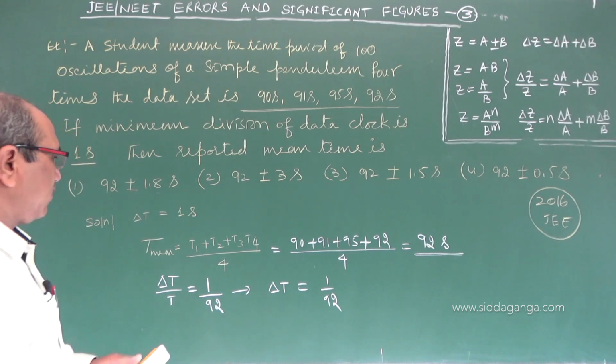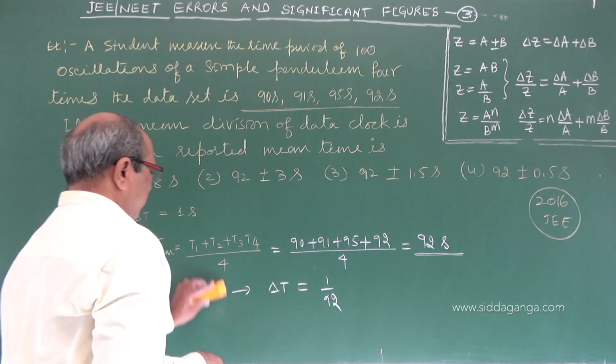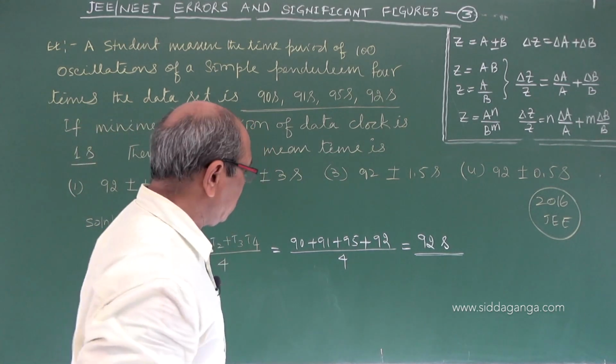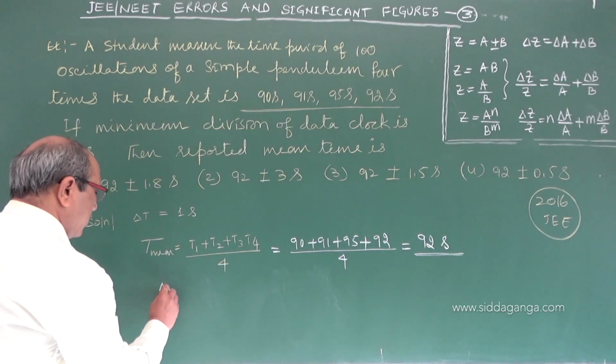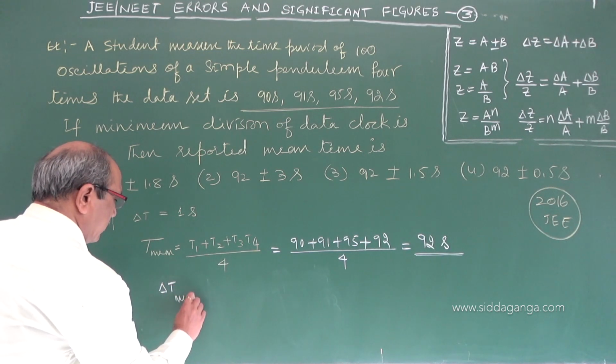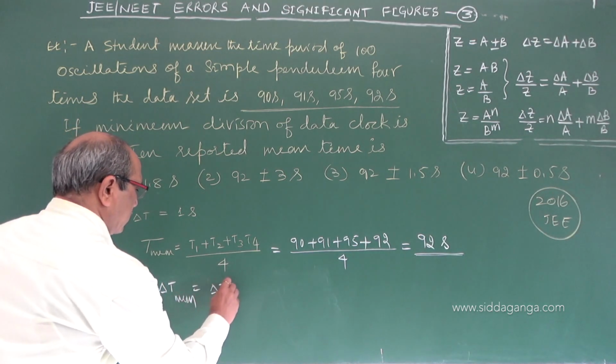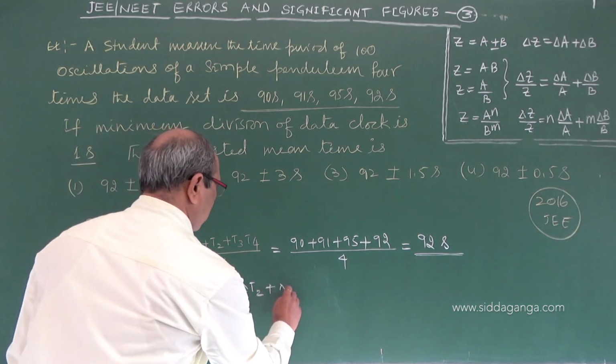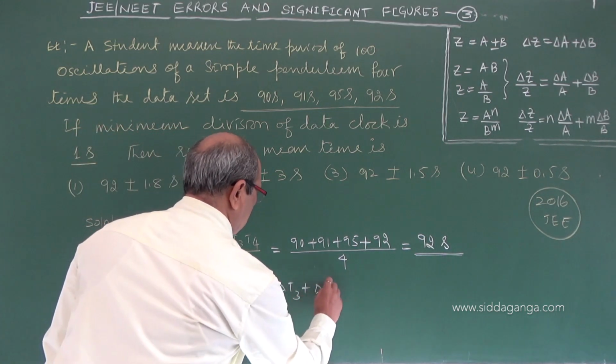So for the mean time error, the mistake I did is that we have to find out the errors. Delta T mean is required. That is delta T1 plus delta T2 plus delta T3 plus delta T4